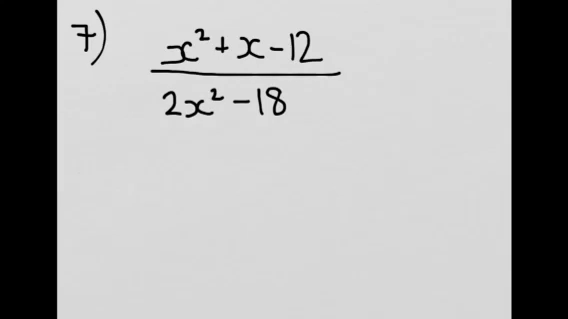So in question 7 we're asked to simplify the expression x squared plus x minus 12 divided by 2x squared minus 18. To do this we have to factorise. Okay, so the numerator is a trinomial, which means you split it into 2 brackets. Now the denominator,